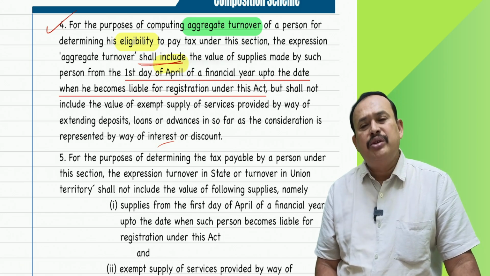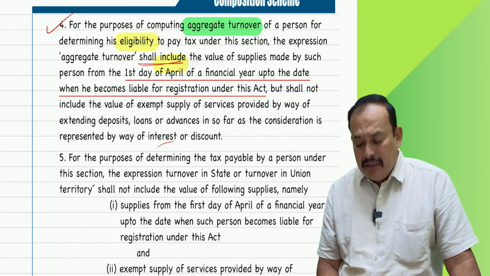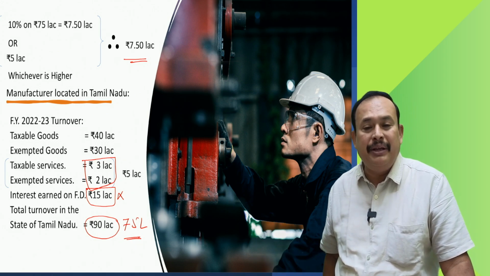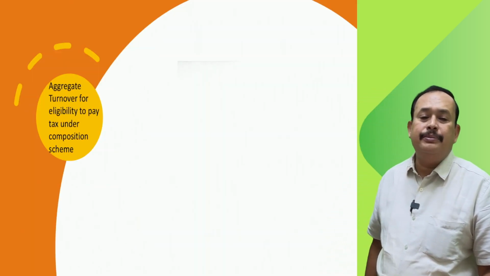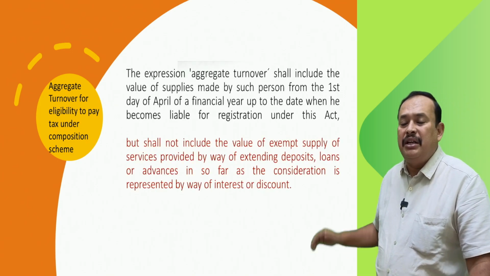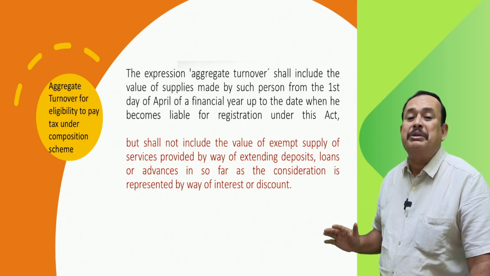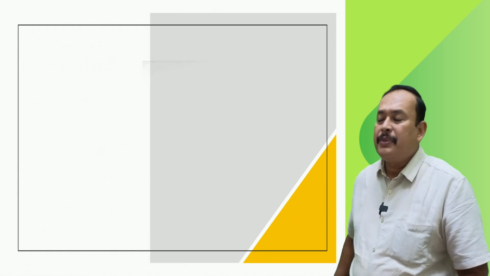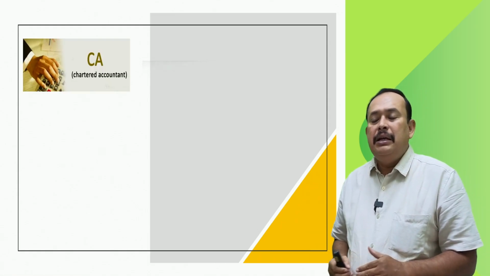Sir, how should we understand this? I will give an example here. A classical example I'm bringing. Assume a scenario. In the given case, aggregate turnover shall exclude, for the purpose of eligibility, as follows. Look here. Assume